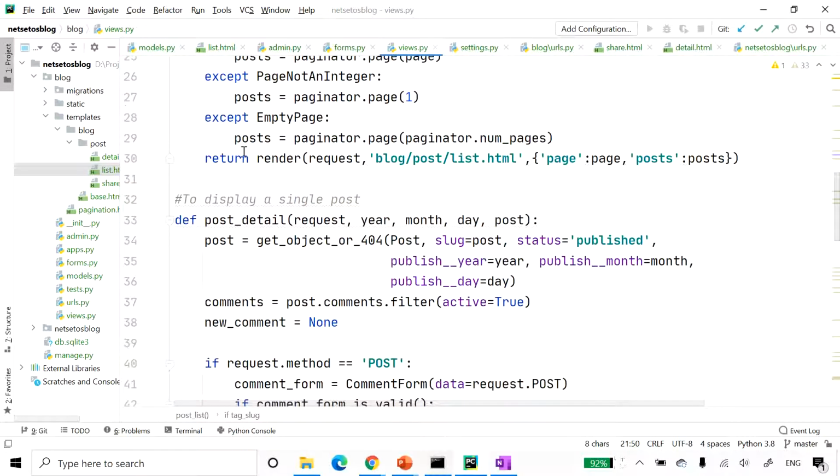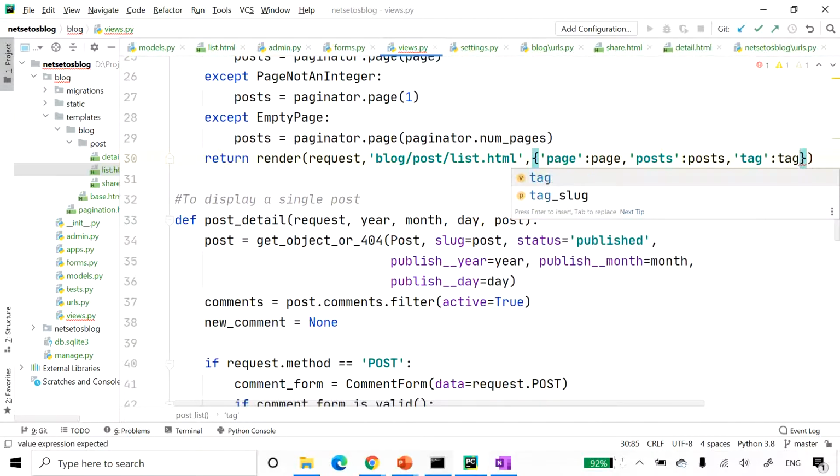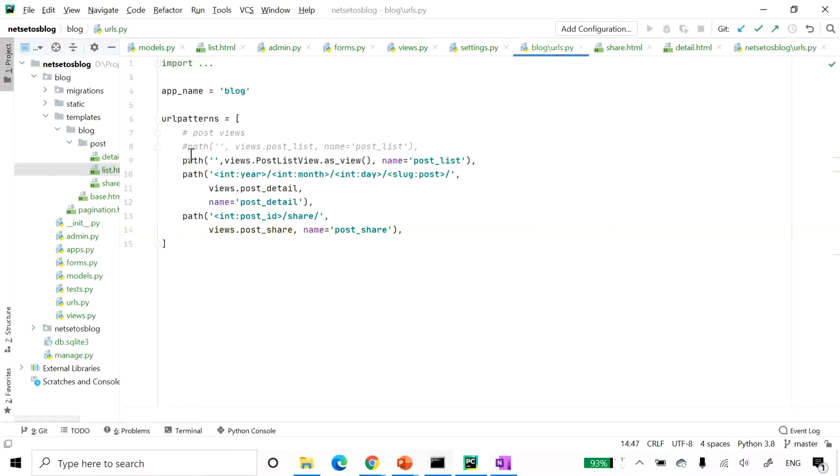So we need to modify this render function. Here I will add tag, giving the tag.